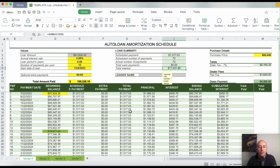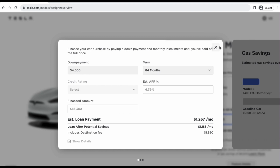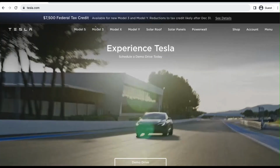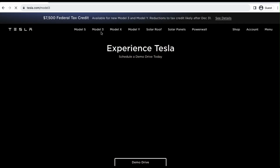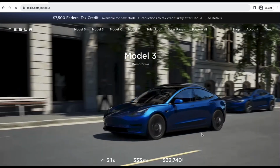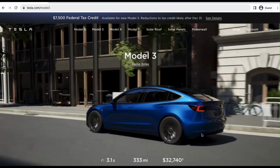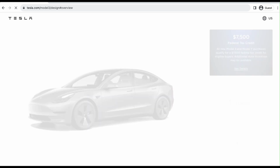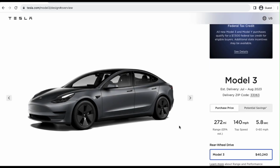All right, so now let's look at a Model 3. So again, every Tesla model has basically that option, where you can select 72 months, 84 months. Again, you can also select less. The reason for this video, I'm showing you the longest terms I have. So we're going to go to custom order again, and we're going to pick the entry level standard rear wheel drive Model 3, which is